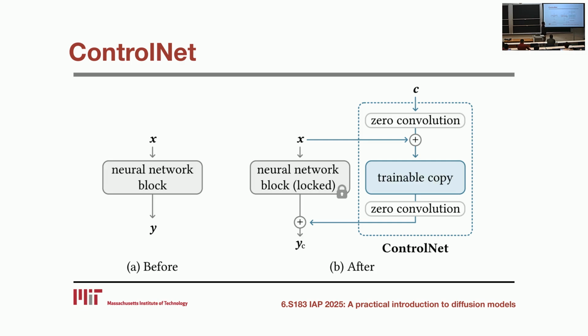Basically, let's say you have a pre-trained neural network that is Stable Diffusion, and each neural network block basically looks like this. You have an X to Y mapping, and now in ControlNet, for every block that looks like this, I make a copy of it here, and then I freeze the original parameters here, and I keep a trainable copy here, and I only fine-tune this branch on some small datasets that contain human skeleton and clean image pairs. Okay, I fine-tune this copy here, with the objective that the output of this small ControlNet copy plus the original output